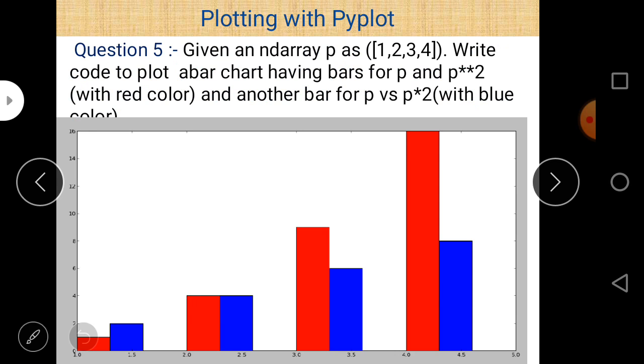Now question number 5. Given an ndarray p with elements 1, 2, 3, 4, write a code to plot the above chart having bars of P versus P**2 in red color and another bar for P versus P*2 in blue color. First of all, the question says that we have to plot a bar chart. Second, there are two bar charts. First bar chart